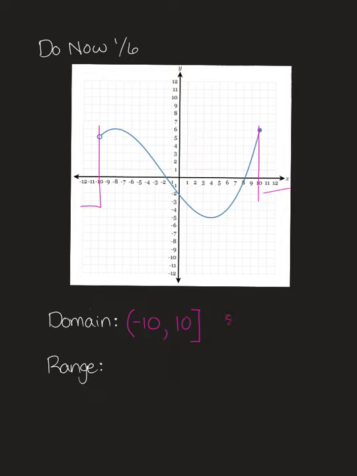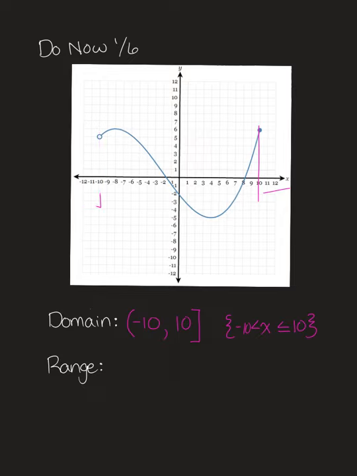In set notation, you can write this as x must be greater than -10 with no equal to, but less than or equal to +10. Okay. The range